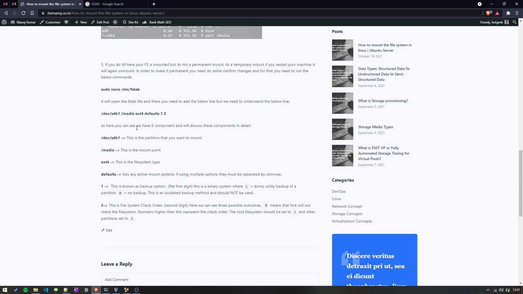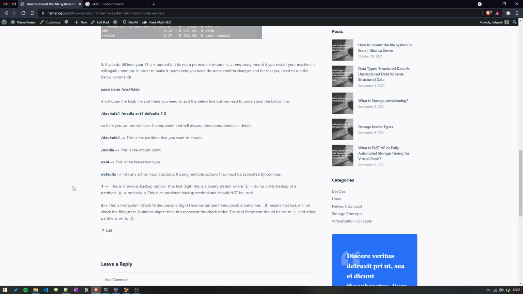If you come to my website, you will find the output that we have to enter there. The first thing is the drive or the partition. Another thing is the mount point. Now our file system type, that is ext4. Now it's asking for the mount options, and we'll set it to defaults. Then we have a backup option and the check order, so we'll follow that.